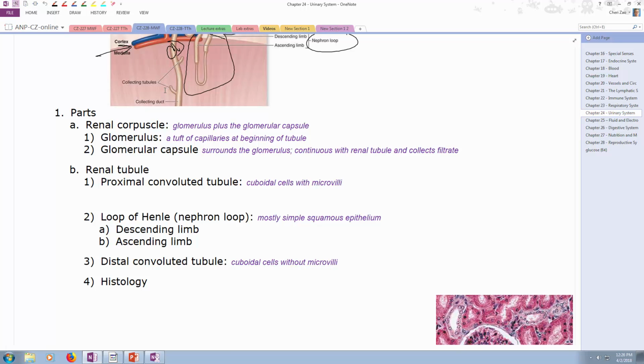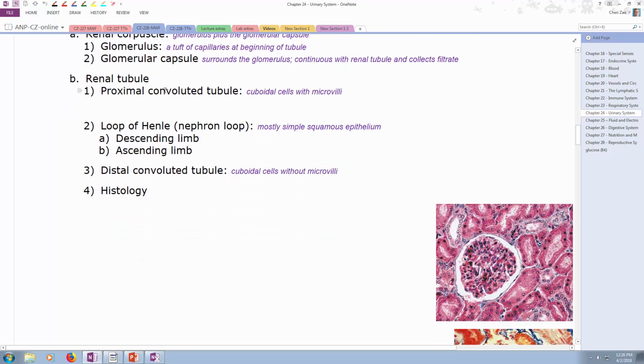Renal corpuscle, glomerulus, which is a very modified capillary network, plus the glomerular capsule, which has, remember, the parietal layer and the visceral layer. So we have a space to collect filtrate, which is first formed there. Renal tubule,